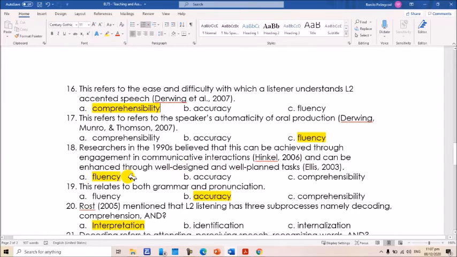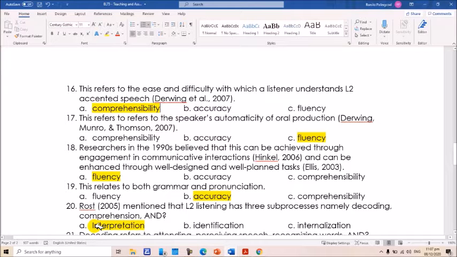The answer is fluency. Number 19, this relates to both grammar and pronunciation. That refers to accuracy. Number 20, Rost in 2005 mentioned that L2 listening has three sub-processes, namely decoding, comprehension, and